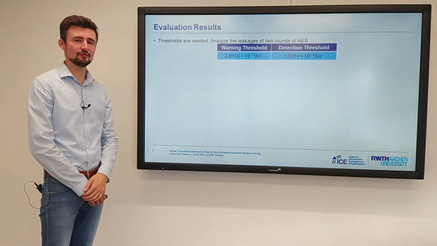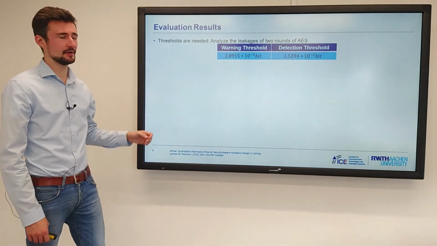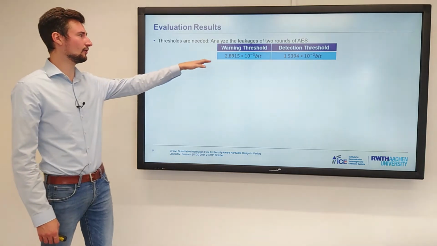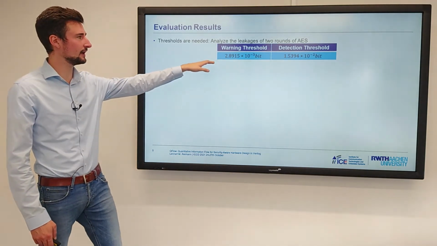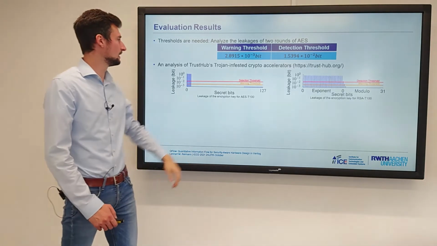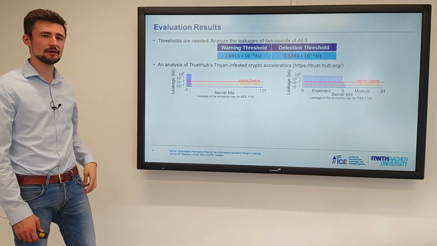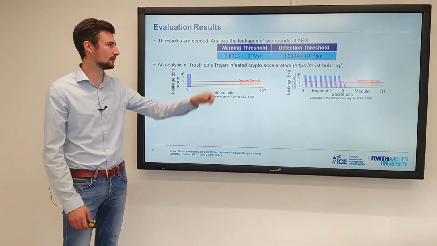For the evaluation, we started with evaluating 2 rounds of pipelined AES, as it's supposed to be sufficient to obfuscate a signal fully. And in that case, we got a leakage value for every secret bit. The lowest one we now use as a warning threshold for later on, and the average of all the other values we used as a detection threshold. Those thresholds can be seen here in our plots when we conducted our further evaluation on the Trojan-infested crypto accelerators